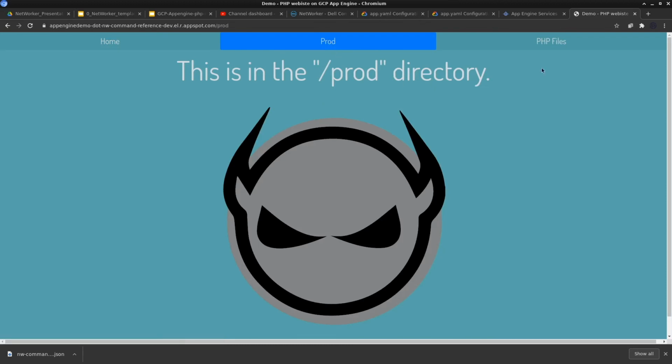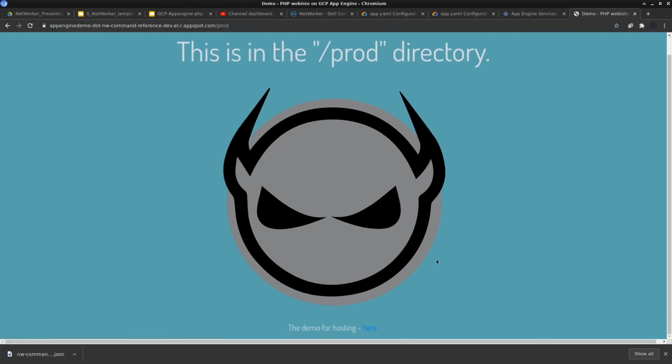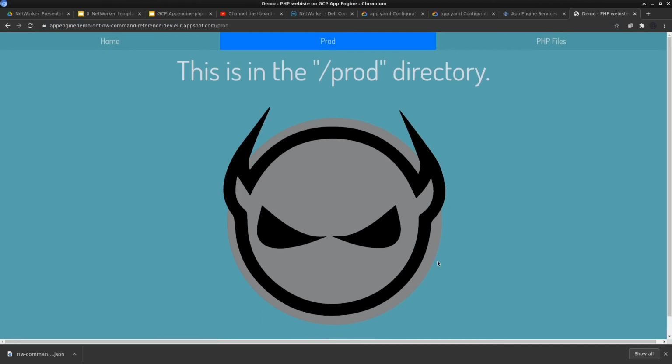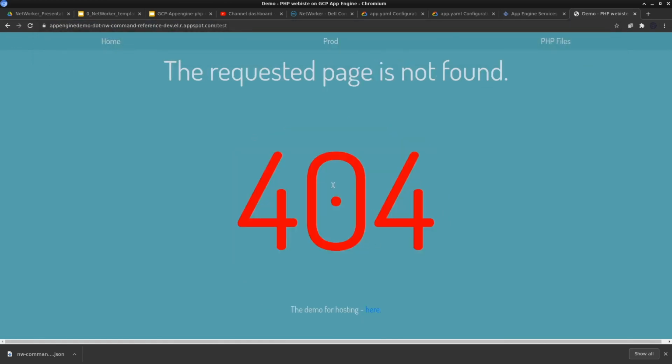There are also a couple of other files that I have. If you have .php, then it goes to the file within the PHP folder. Then I also had prod. Again, that's almost the same, no difference in the display of the website. And in case I try to access something that is not there, it'll go to the 404 or page not found. This particular demo website is on my GitHub. I'm going to post a link to the repository in the description so that you can fork or clone a copy of the website and test it out for yourself.